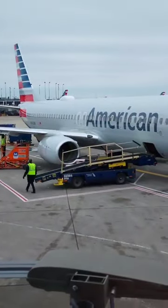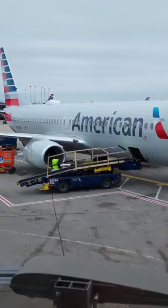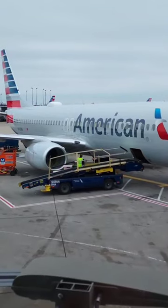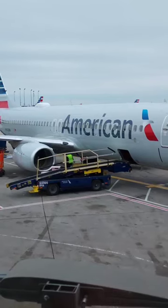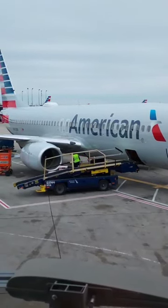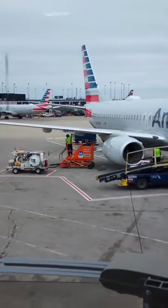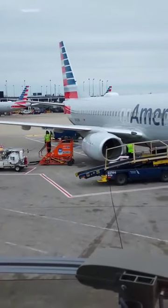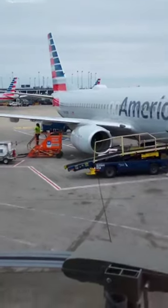There's a certain amount of fuel. There's a calculation that is made that takes into account the amount of people that are on the plane, their luggage, and then how far the plane has to get, and of course the mass of the plane itself. Buoyancy, by the way, is one of the things that need to be taken into account. Lift is created, and then you see